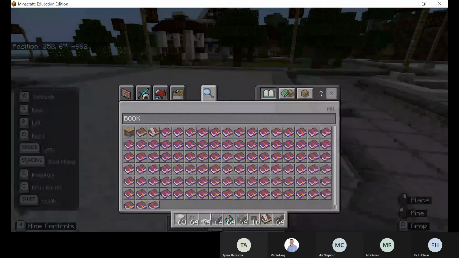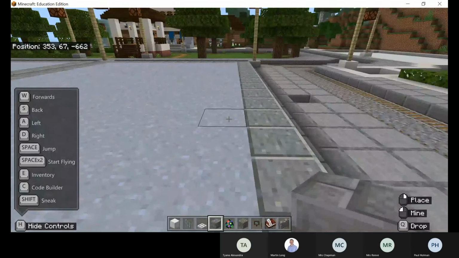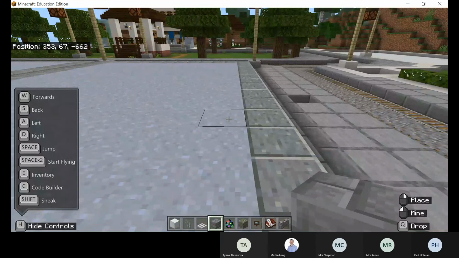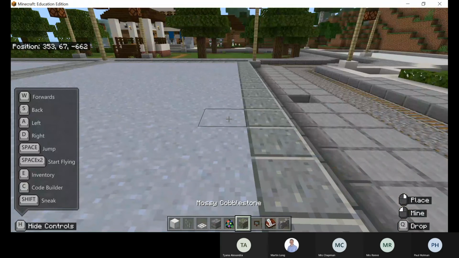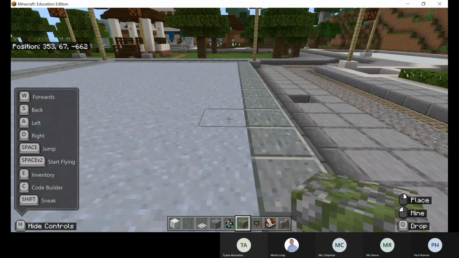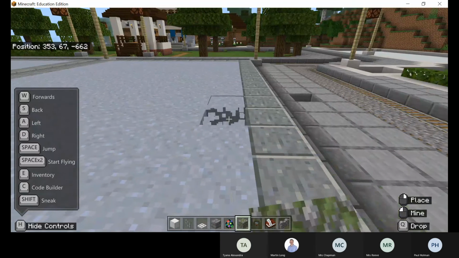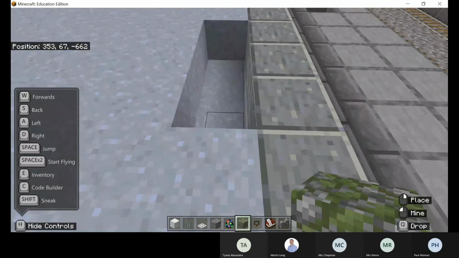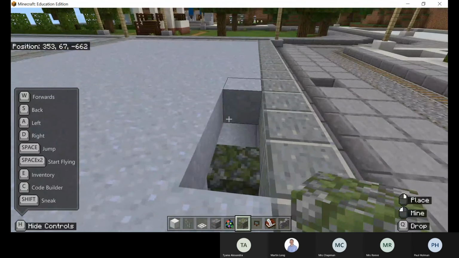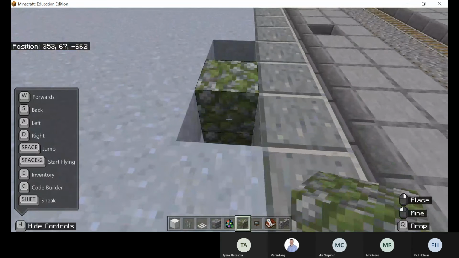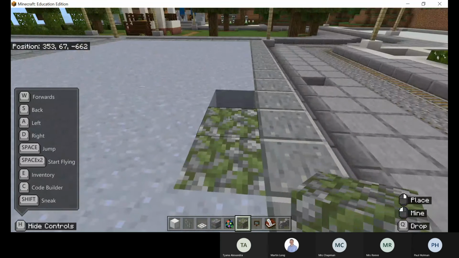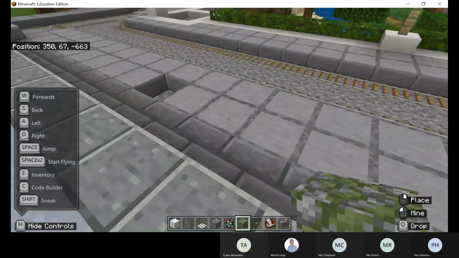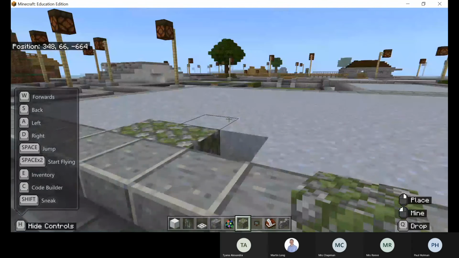Then right here at the bottom of the screen, I press number 1 to get to the first thing, block of iron. 2 is that. So I might say, look, I've got some stone bricks, or I want my mossy cobblestones, but I want to clear away what I've got. So I'm going to remove some of the stones I've got there. You can see when the squares appear on the floor, you start to build up your environment, and then your stones can go in, and all of a sudden you've got rid of your stone plinth, because I want some mossy atmospheric cobblestones to go in the front there.